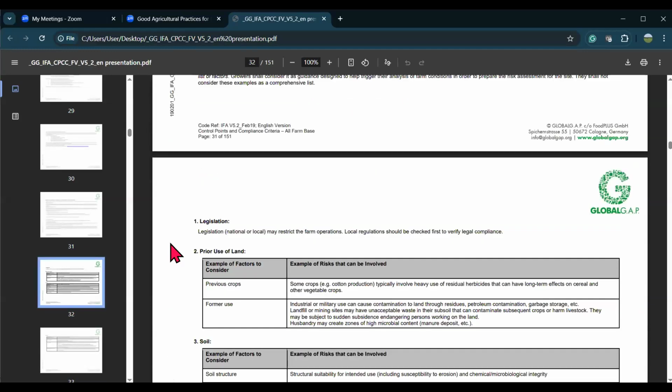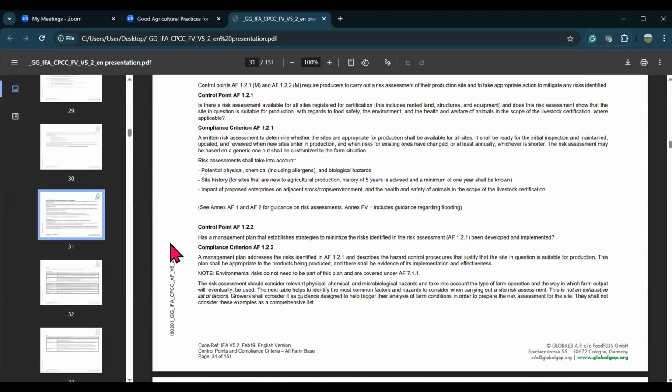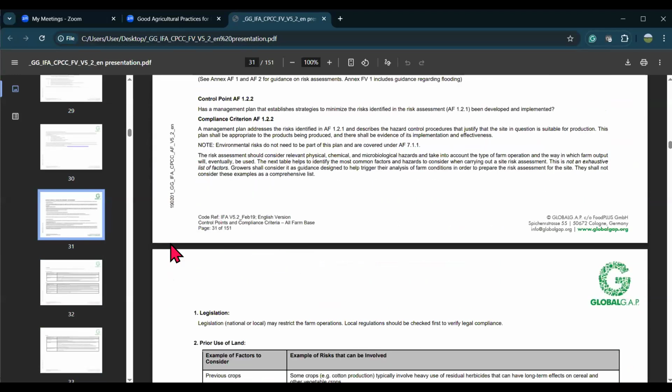So anyways, I think this is just addressing the issue of risk assessment, summarizing the kind of items that I want you to use your risk assessment for. So you want to address it on the aspect of legislation. You want to address it on the aspect of